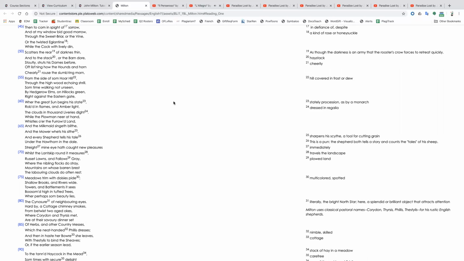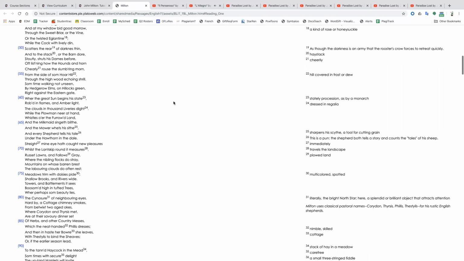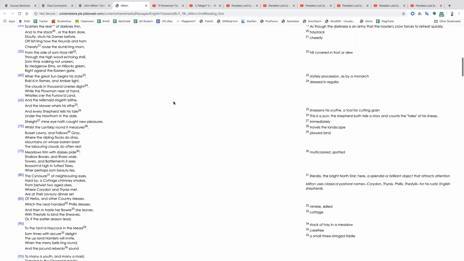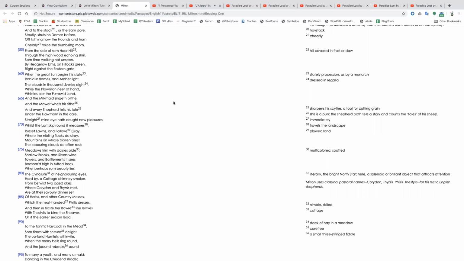While the cock with lively din scatters the rear of darkness thin, and to the stack or the barn door stoutly struts his dames before, oft listening how the hounds and horn cheerly rouse the slumbering morn, from the side of some hoar hill, through the high woods echoing shrill, sometime walking not unseen by hedgerow elms on hillocks green,